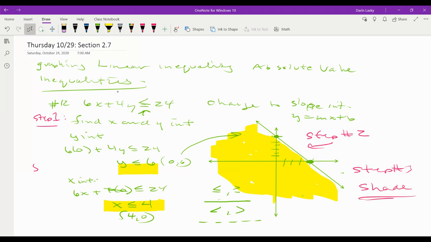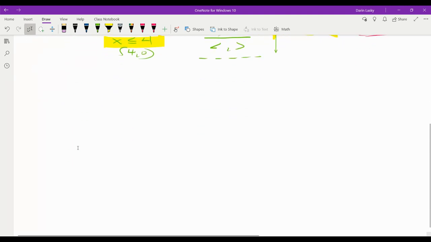Okay, this just tells us that all the answers have to be below this line, is really what it says. So there's multiple solutions. Anything can be in solution down here. All right, so let's go ahead and move to the next type of problem, which is going to be an